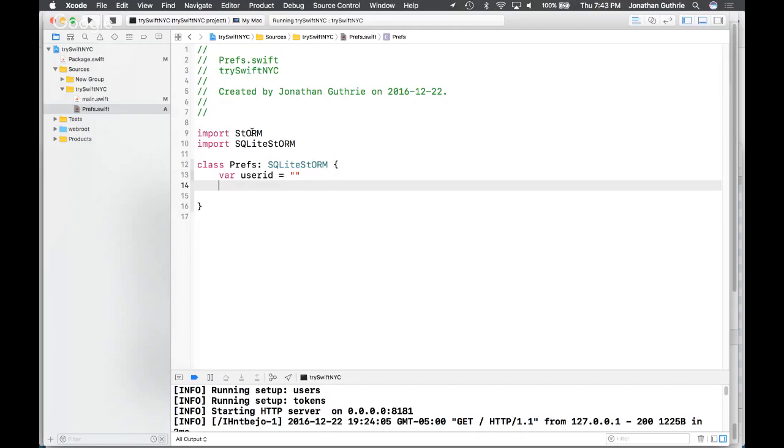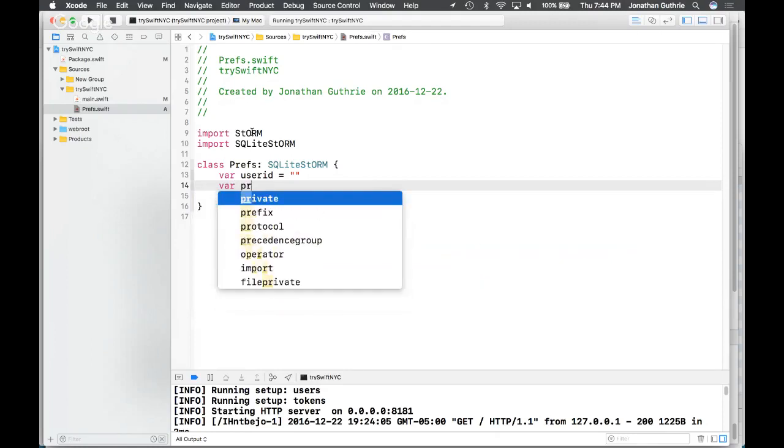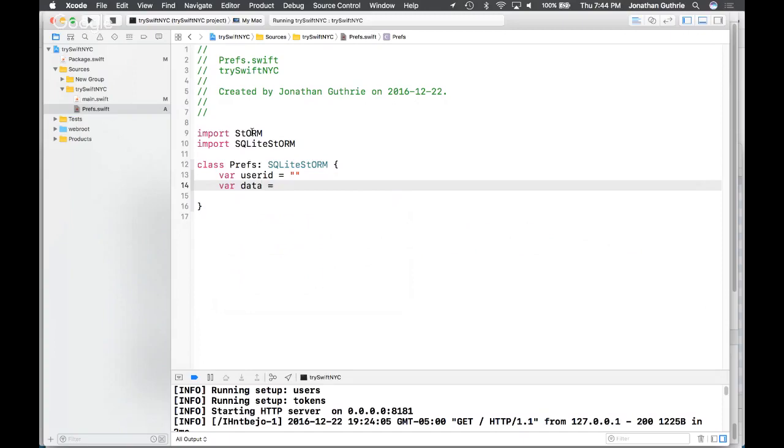This is where NoSQL comes in, but in this case we can hack a SQLite database or a SQL database to actually store JSON, and that's then going to get written as JSON and read back out as JSON into our object. But the easiest way to store this, something that we can access internally, is by having a var, and we'll call this data equals, and we're going to make this a string any. And we're going to initialize it, right? So we have our unstructured storage already set up for us.